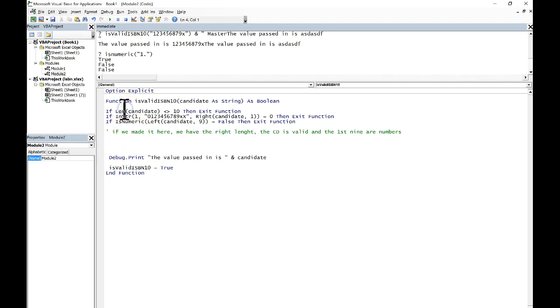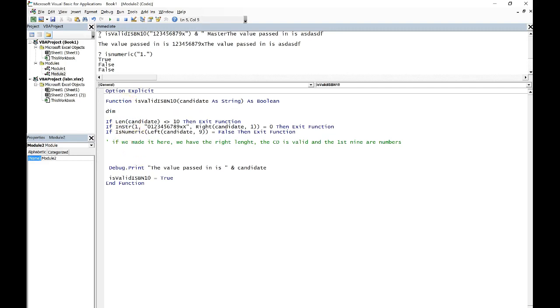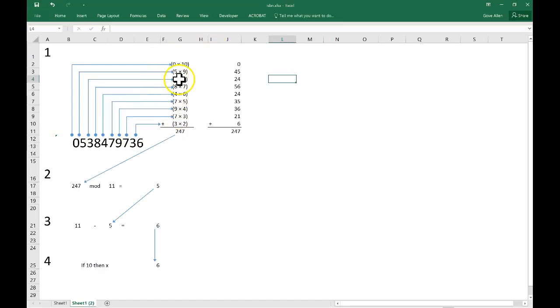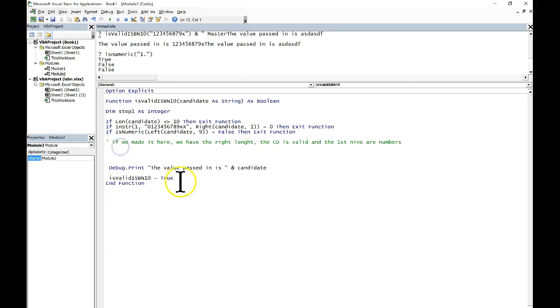So I'm going to declare a variable up here called checksum. No, let's do this. Let's call it step 1 as an integer. So this is my first step. First step is add all these guys up. So step 1 equals,